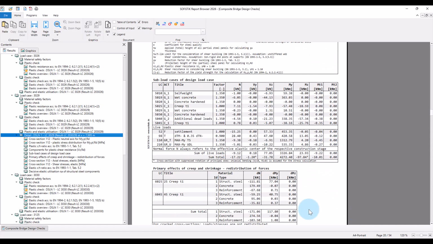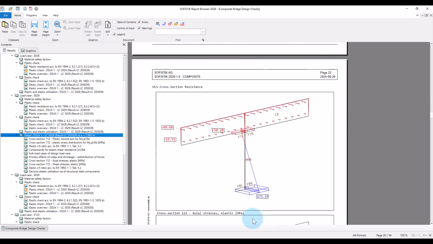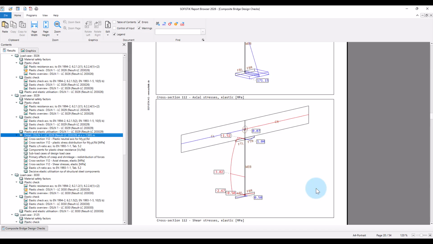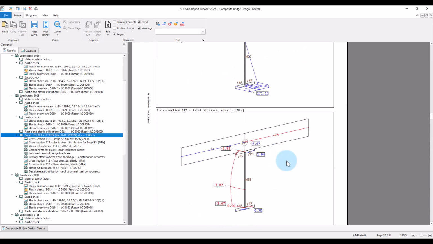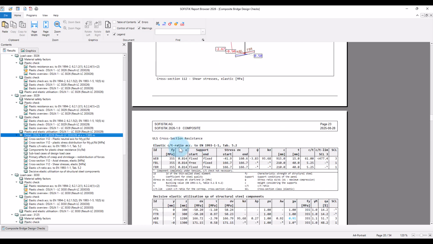Next, we get a table that shows the redistribution of forces between the materials of the cross-section due to primary effects of creep and shrinkage. Based on these contributions, the axial and shear stresses in the cross-section are calculated, and you can check them in the plots. Based on these stresses, the section is classified, and you get the information about the C2T check and the resulting section class